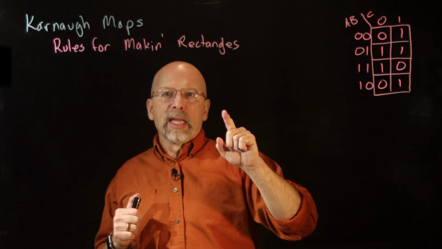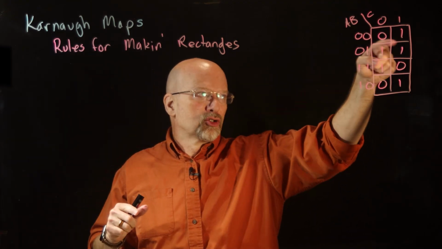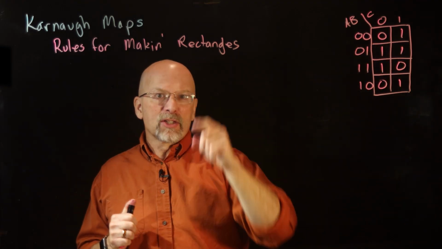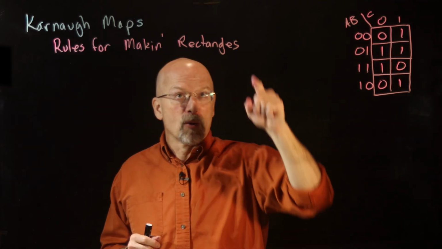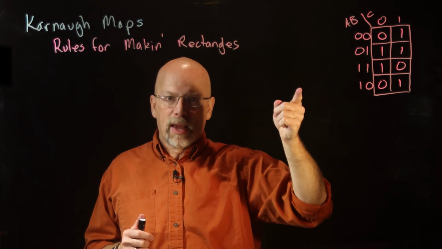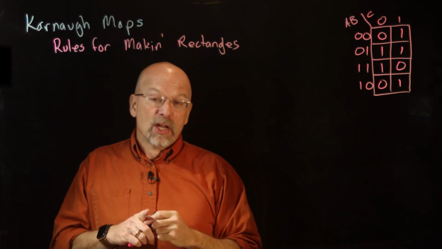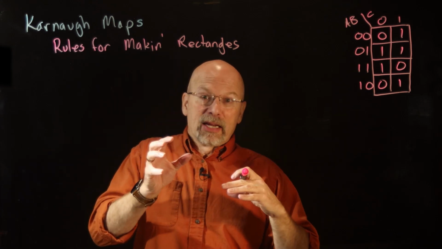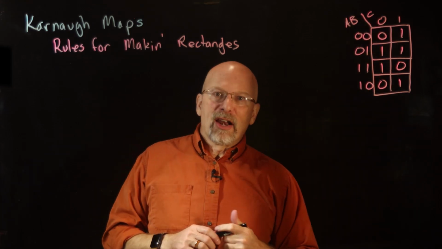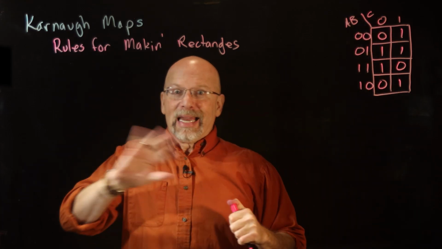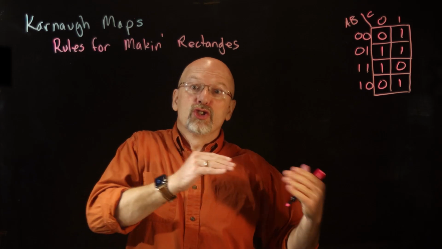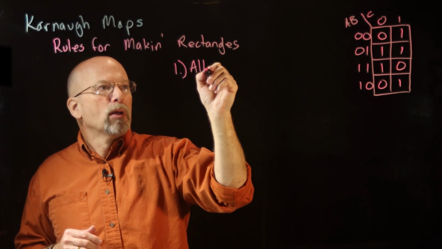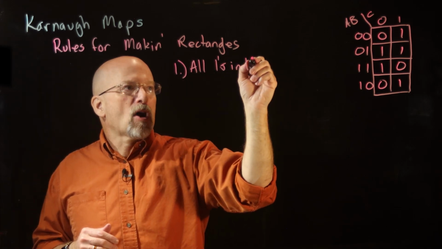But what we're going to be doing is each one of these rectangles that we're going to draw, we're going to group these ones into these rectangles. Each one of these rectangles is going to generate a product. So for every rectangle, there will be a product. Now, remember, products generate ones. So the very first thing we need to do is make sure that there is a rectangle for all of the ones that are in this Karnaugh map. In other words, we can't leave a 1 out or our expression is not going to generate the 1 for that. So the first rule is all ones in the Karnaugh map